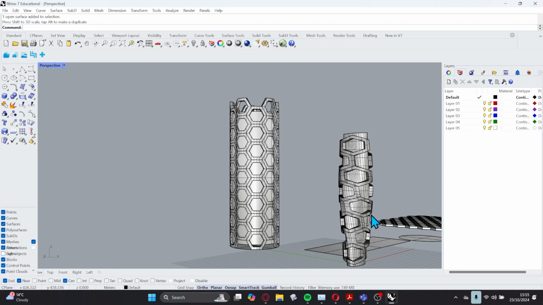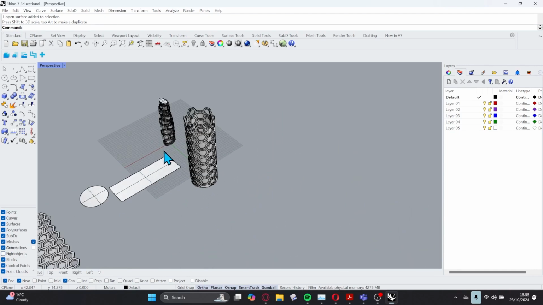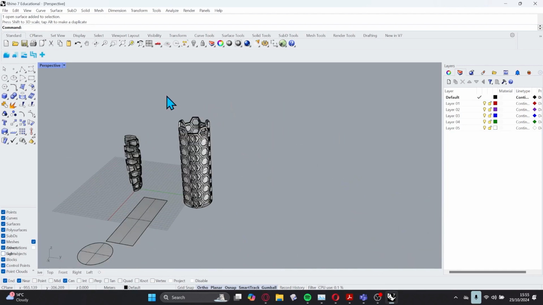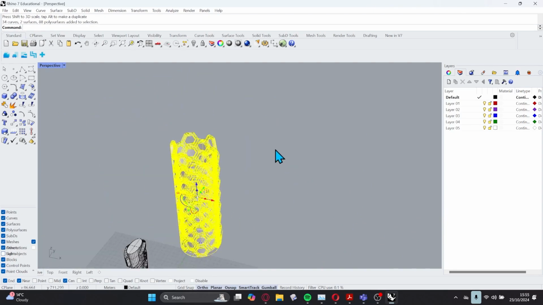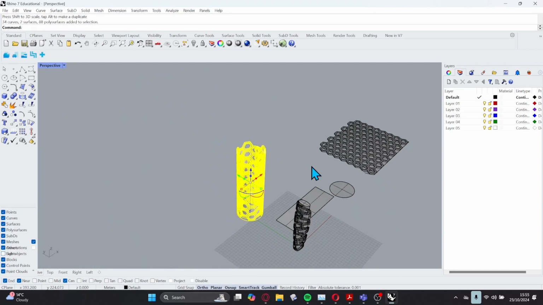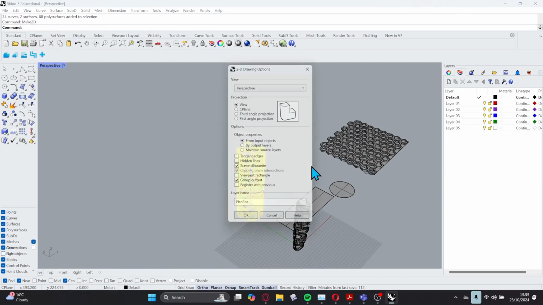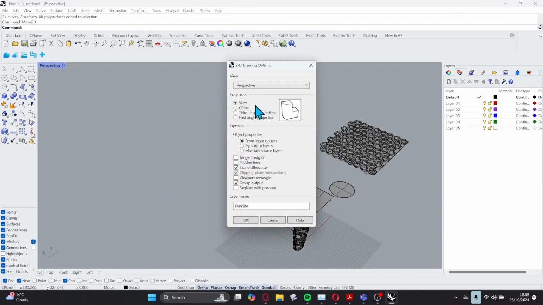I'm just going to very quickly show you in the last 5 minutes just how to do the make 2D command. So let's say I take this guy here, and I'm going to type make 2D. And I can start to create drawings from this by going in like the first or third angle projection. It will give me all of my different drawings. And it'll give me a 3D view as well. And if I click OK,